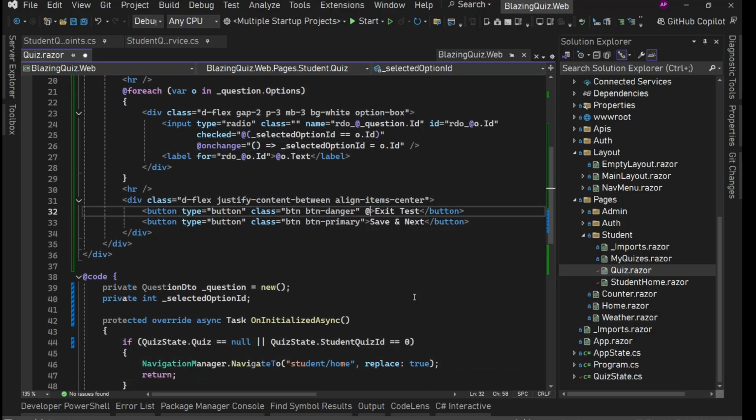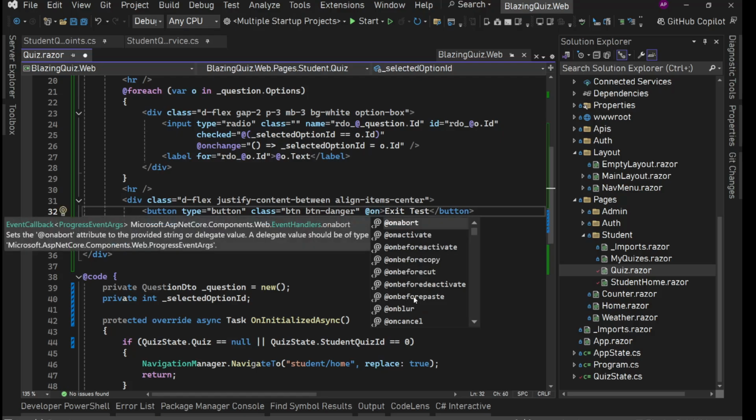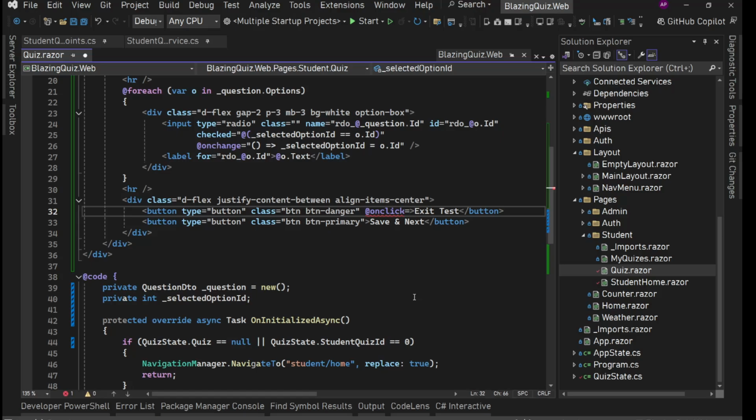On exit test, we'll say @onclick. Here we'll say exit test async or exit quiz async. And on the save and next, here we should have some other piece of state, so that this text should get changed when we are in between. Let's say we have 5 questions, so it should show save and next until we are on the last page. And when it is the last question, the 5th question, it should not show save and next. Instead, it should show